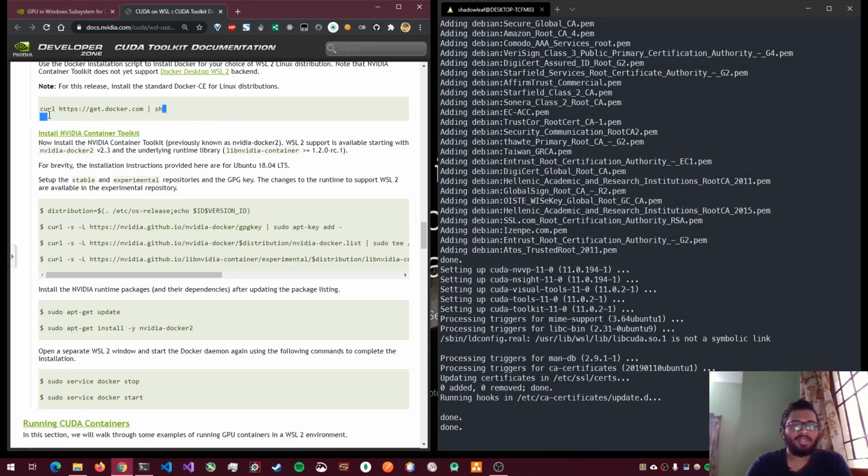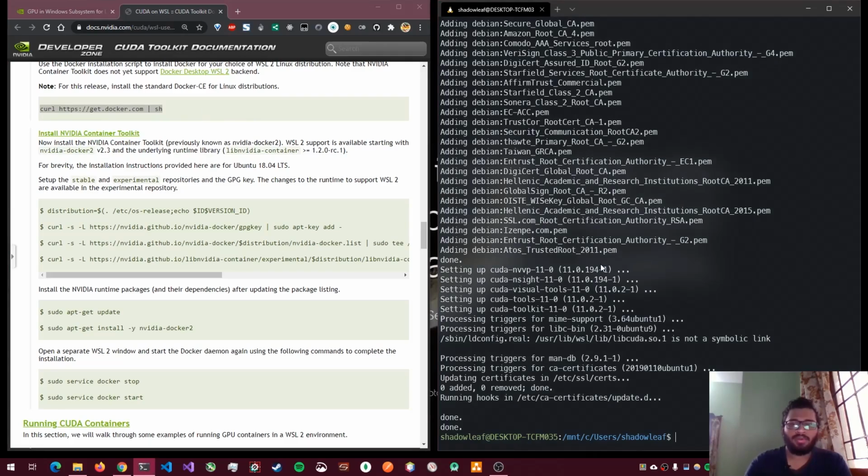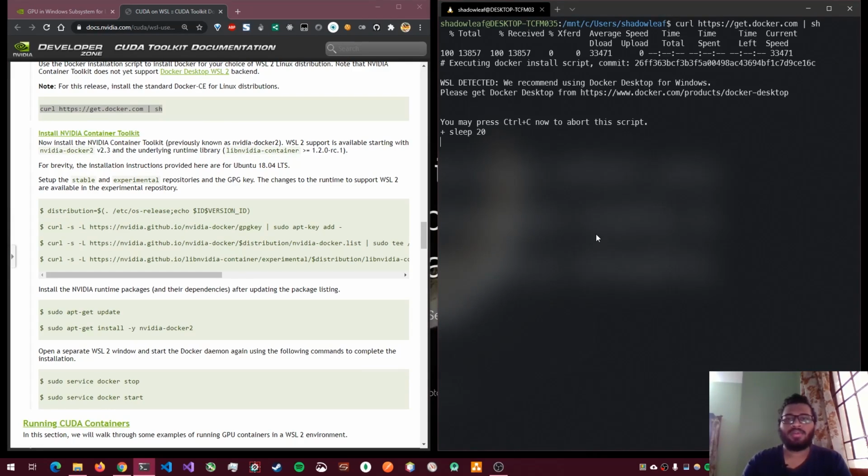I'll just copy the command to install Docker CE on Ubuntu. Okay, it says that they recommend to use Docker Desktop for Windows. So that's fine, we are not going to use that.